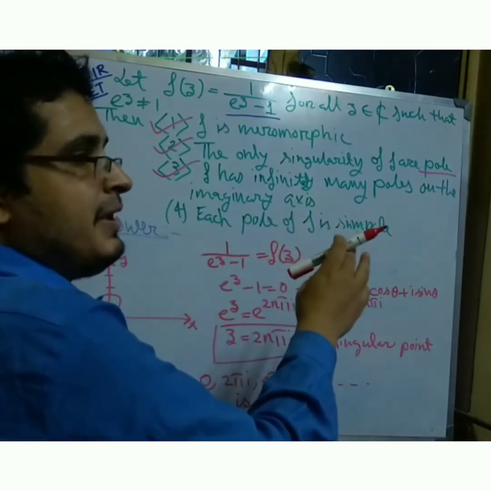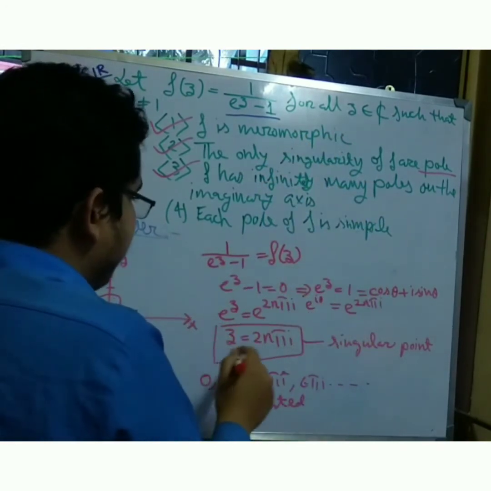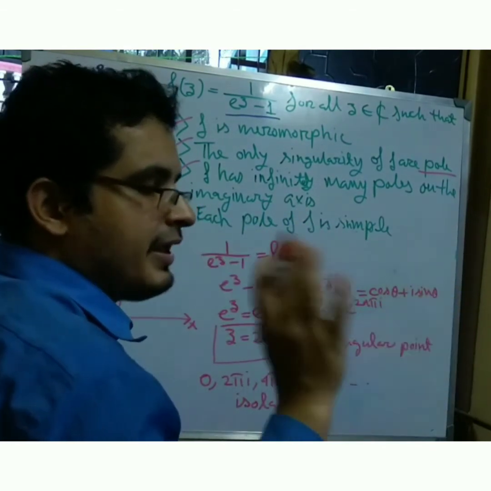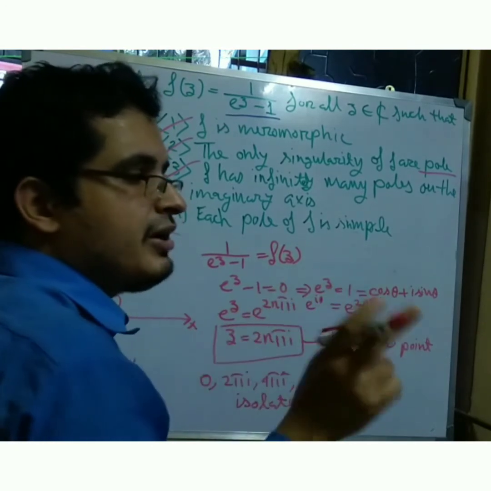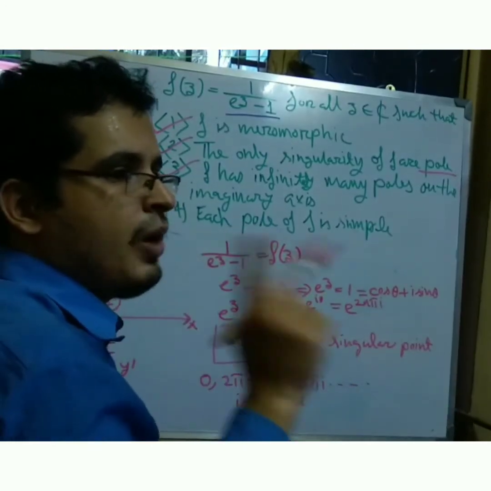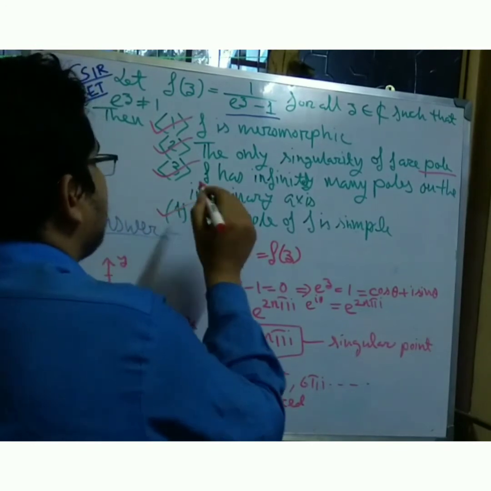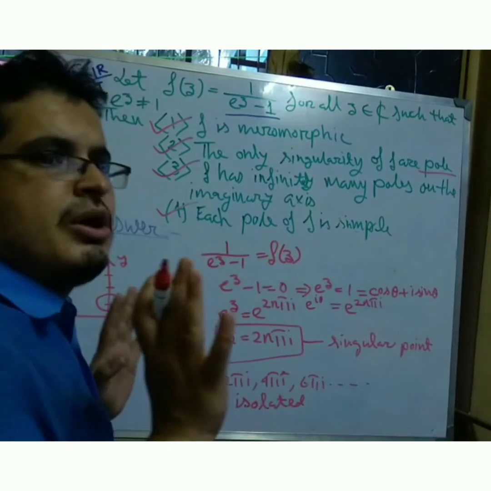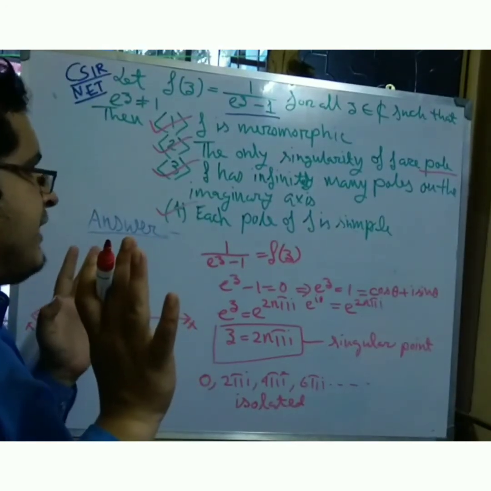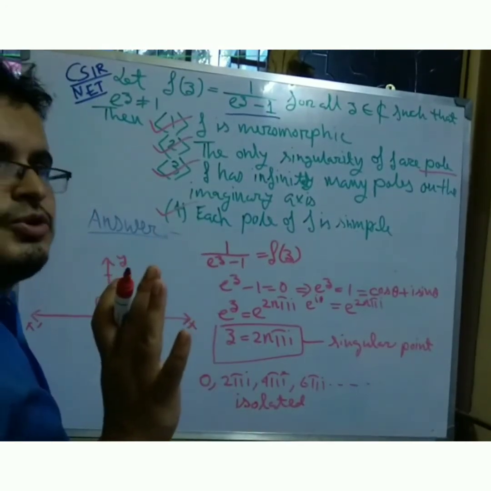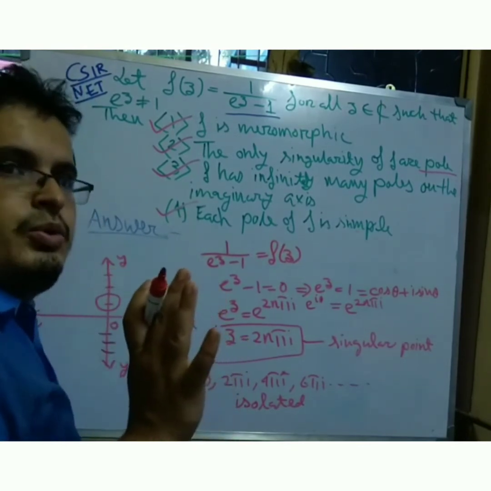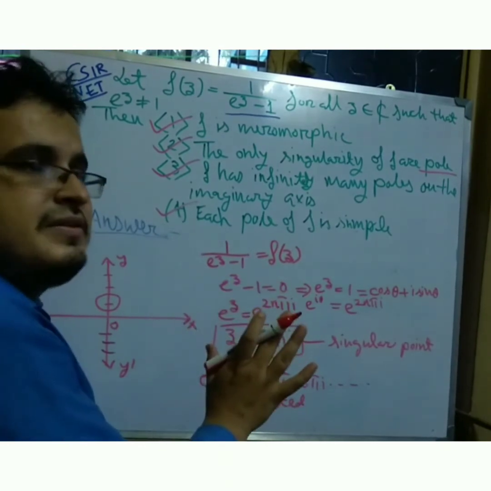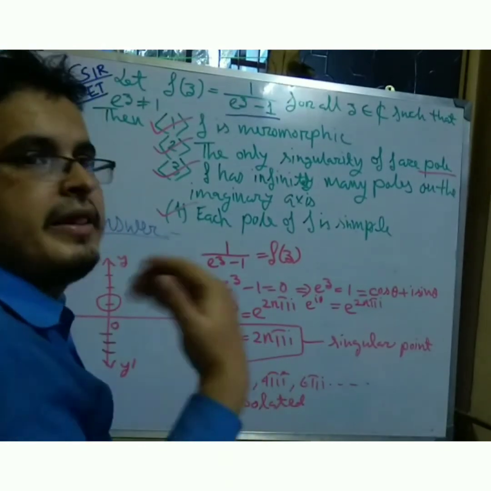So why is F simple? Because you cannot get a pole of order m, any higher order pole. You get only one pole, so each pole of F is simple, and this is also correct. I hope I cleared all the concepts. If you watch my whole lecture, you can write this all. I hope you will write everything. And now I will go to another topic.